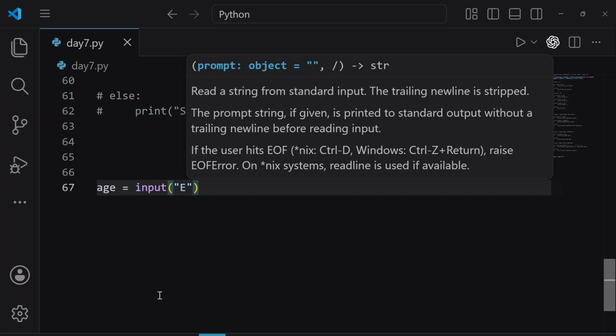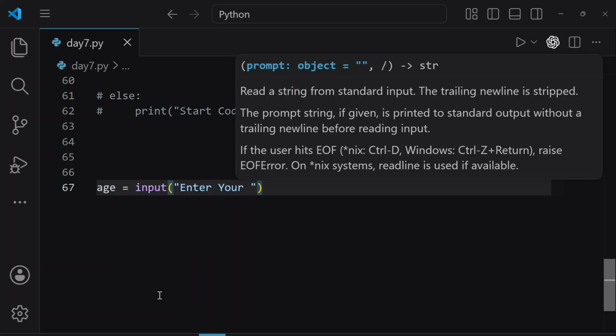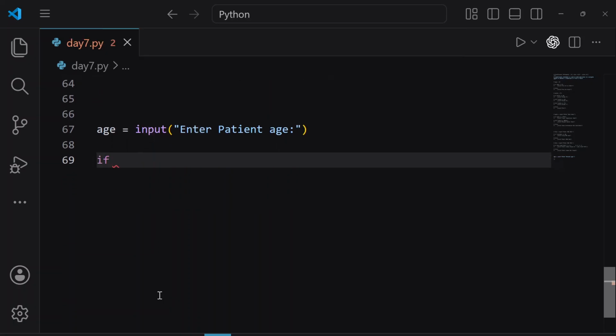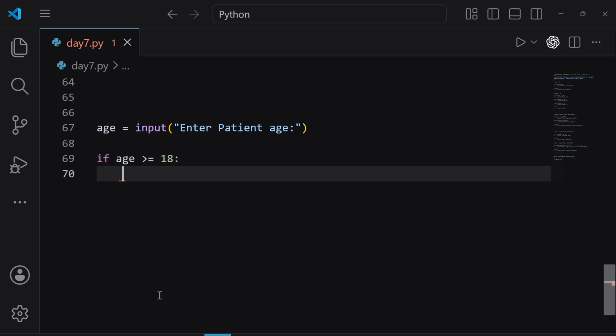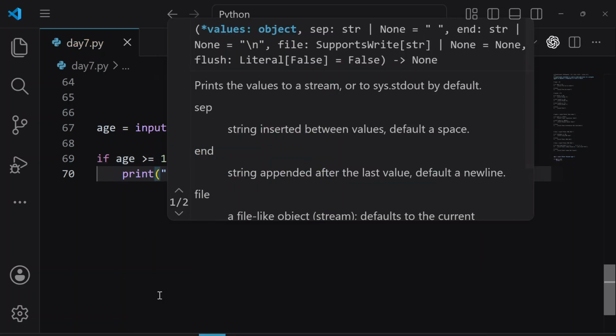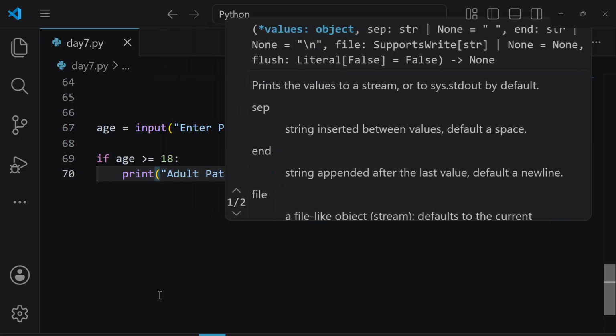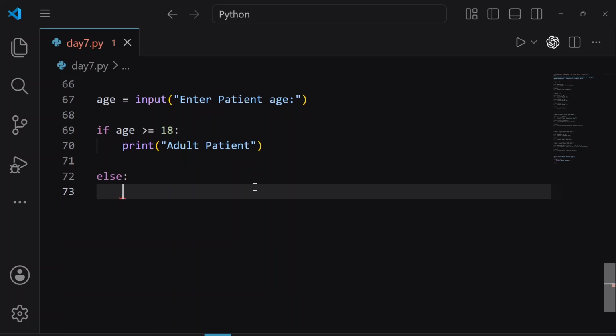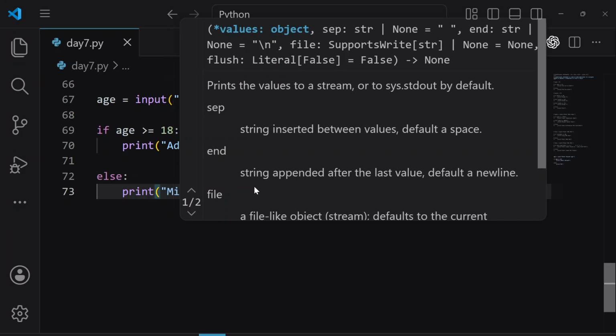Let's write. Bani, if you have any question, you can write it in the chat box. Let's write the prompt: Enter your patient age. Now here, let's create a conditional statement. If age is greater than or equal to 18, in this case Python should print adult patient. Now let's create an else statement, that if this condition is false, in that case Python should print minor